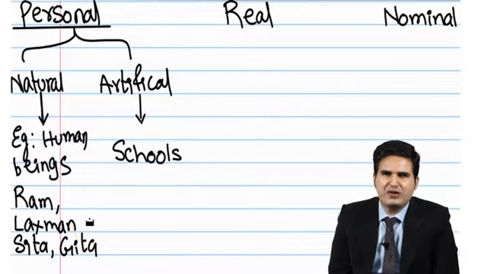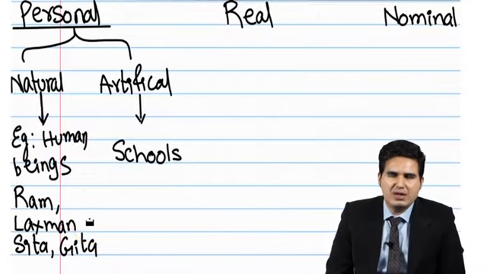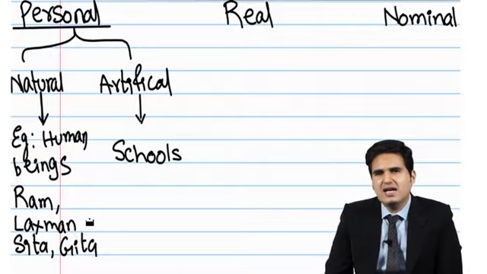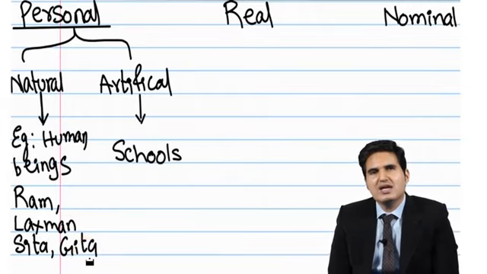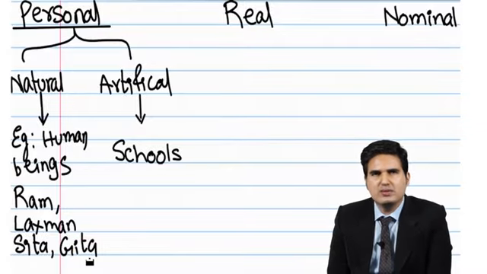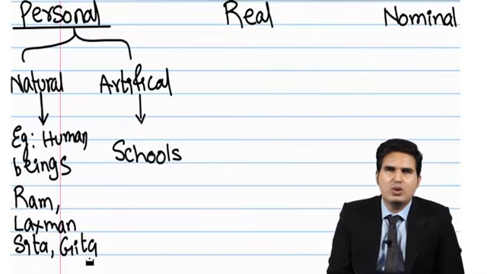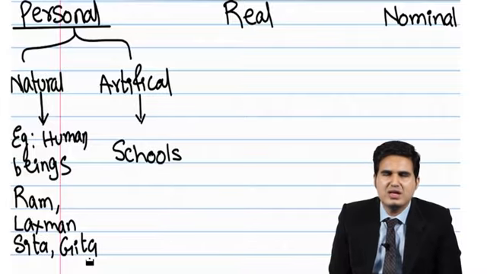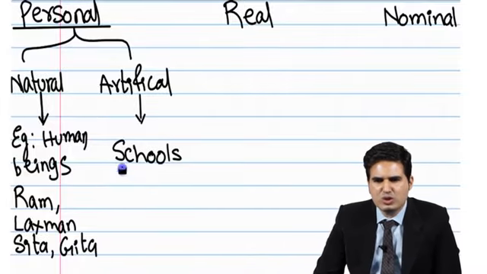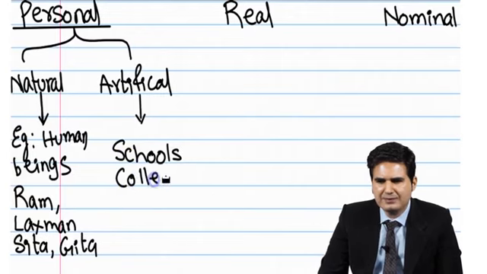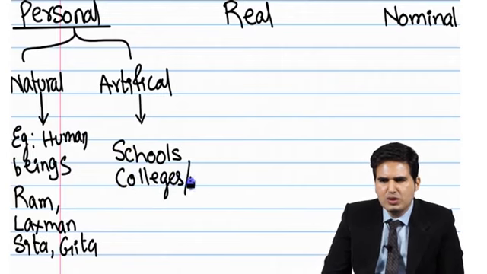School A is different from school B, and school C has its own separate identity. Apart from this, colleges, universities,